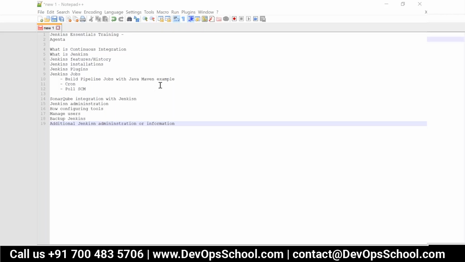And I'll be going through a Java example, and crontab, how to schedule jobs using Jenkins for nightly automated builds, and also Poll SCM. And I'll be going through how to do static code analysis using SonarQube, and also